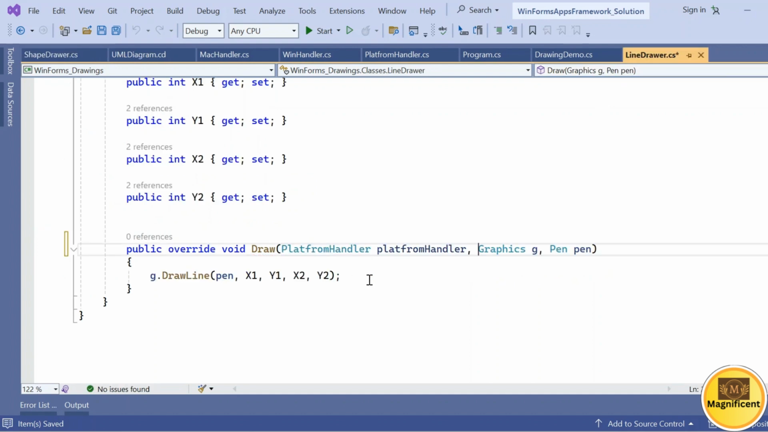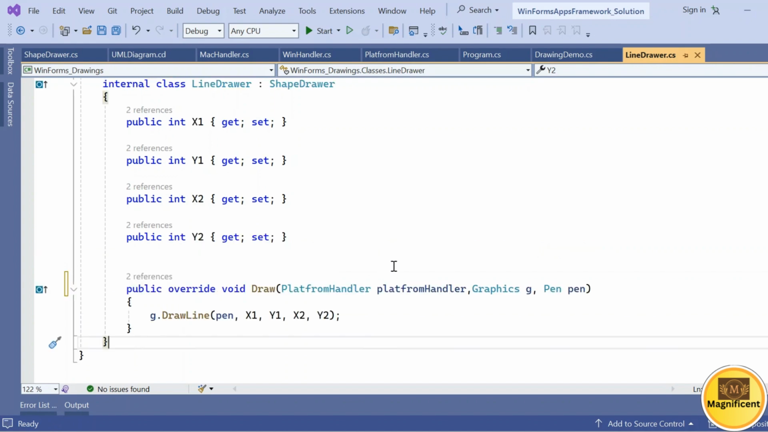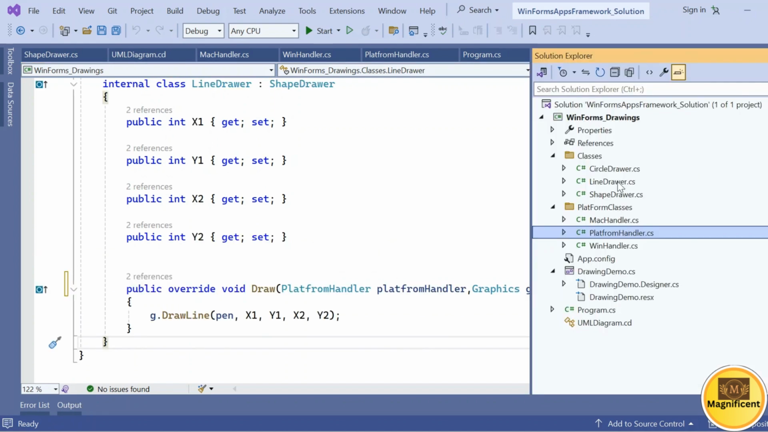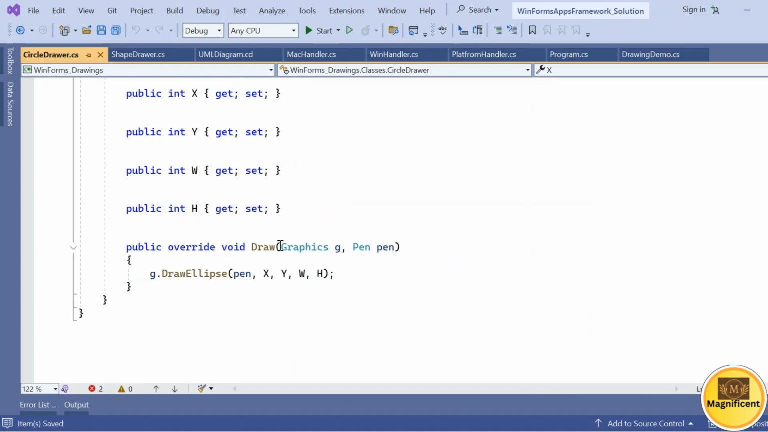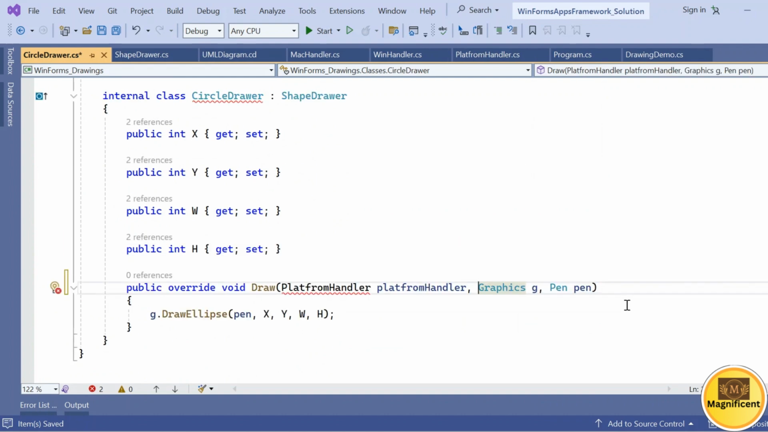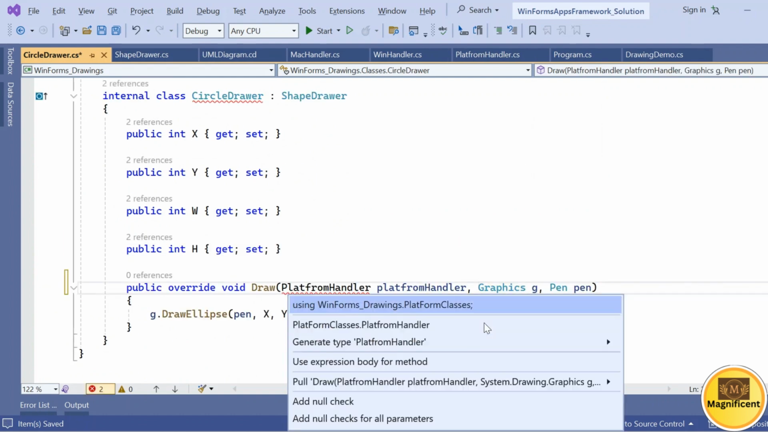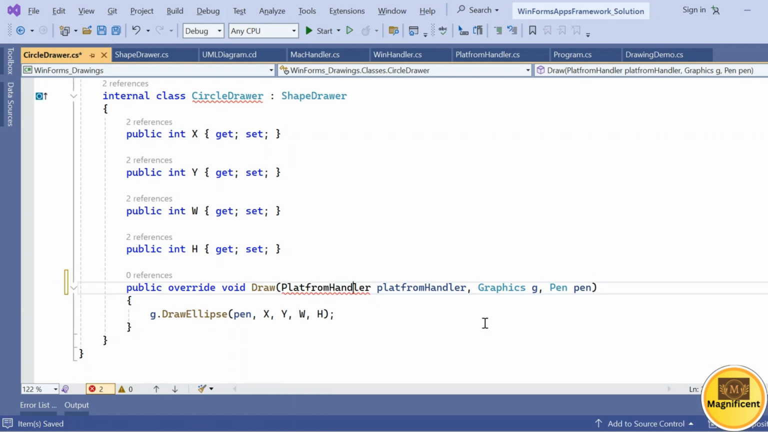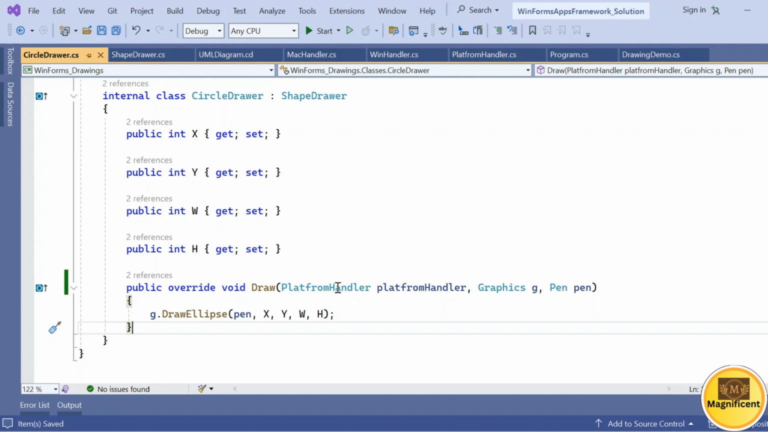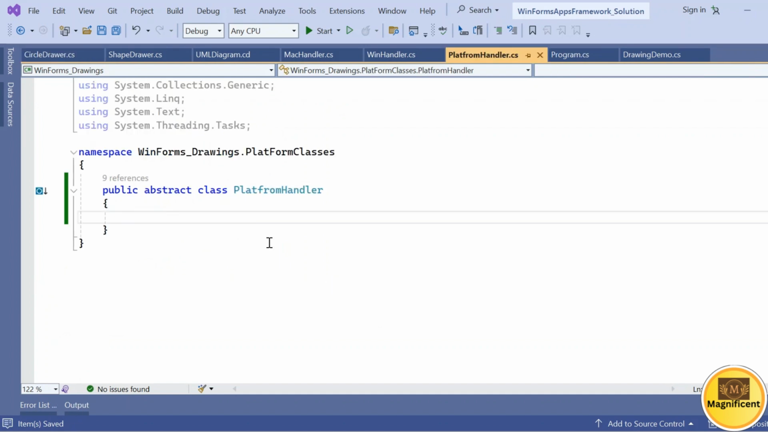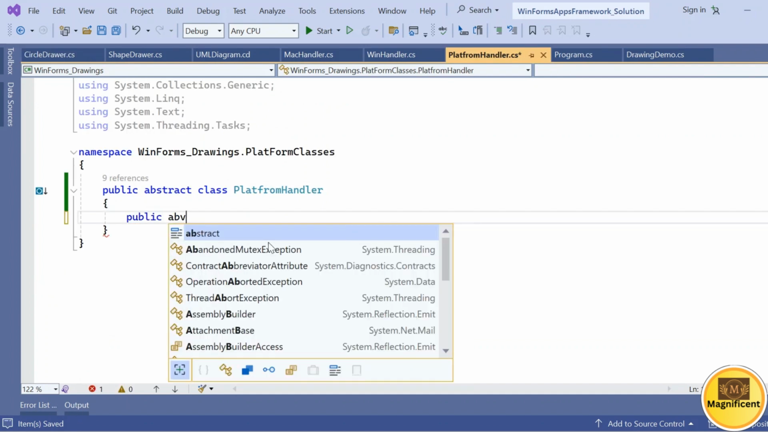So in the line drawer I have added this platform handler, and one more, we have this circle drawer which we created here. We also need this platform handler because we updated this abstraction. So now this method which we have created here, we are going to call only the platform specific handler here. Now in this platform abstraction, we need to identify the key aspects: public abstract